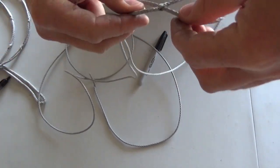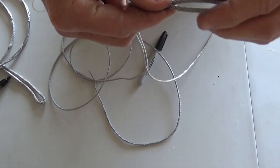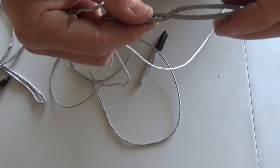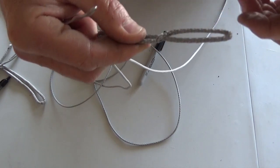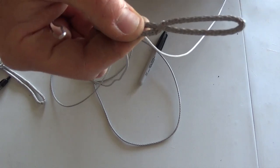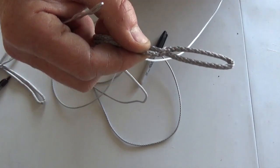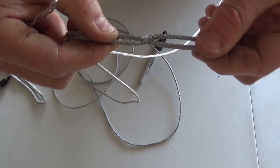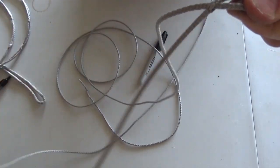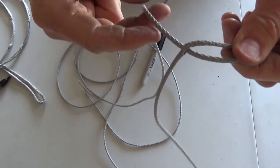And it comes all the way through, like so. And there's the part that we had folded for the end. That's a little less than 2 inches, but that's okay. We would rather it be a little bit less than a little bit more for this application with our small buckle. So this rope went through this rope,